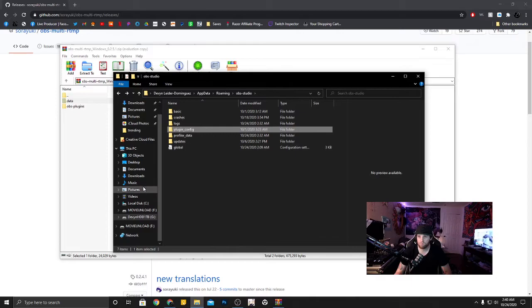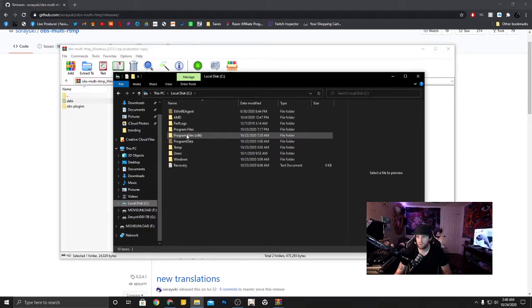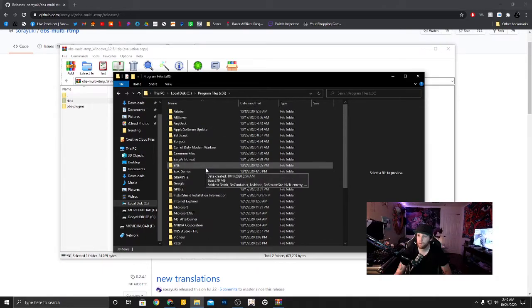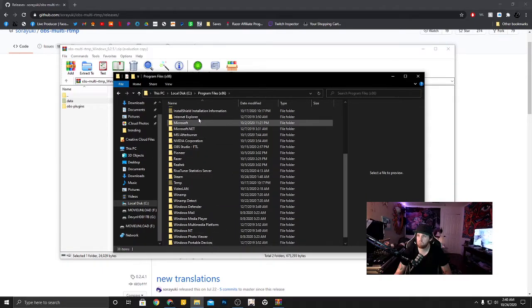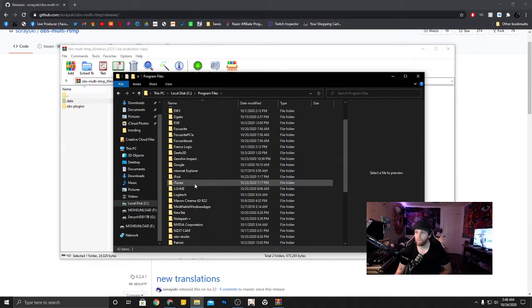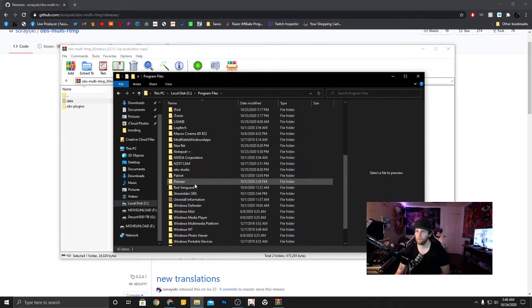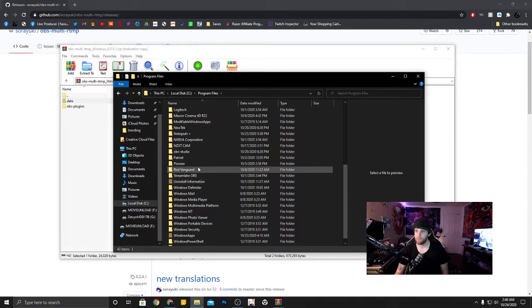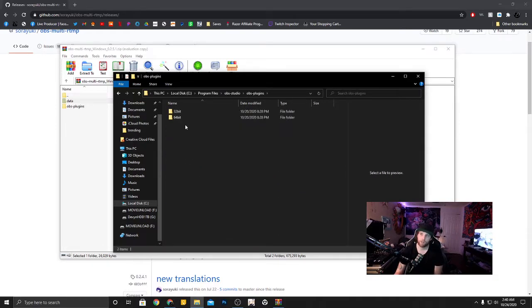It may be in C, Program Files. Not that one. Maybe in the other Program Files. Let's see. See, there's Streamlabs OBS, and then there should be OBS Studio right there. So OBS plugins, and then